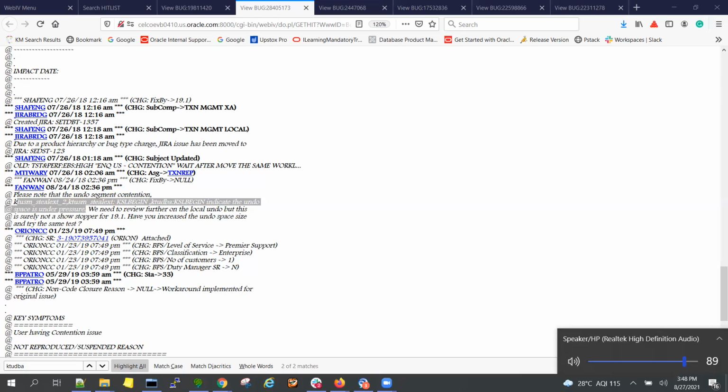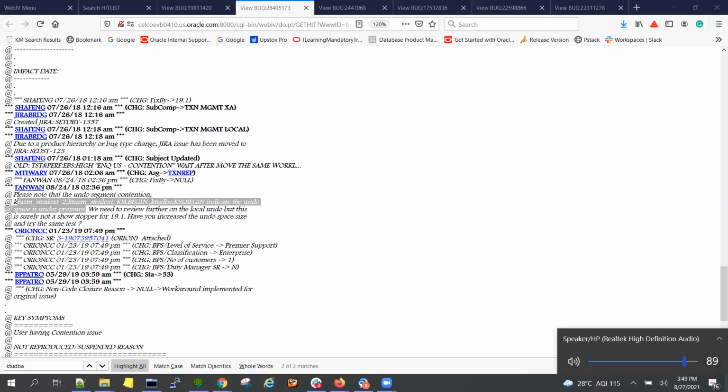Go through those bugs. Bug-level analysis is very much required. Go through the bug and see what development has said. Development will not detail a lot of points, but they update the bugs with very important points relevant for support to confirm that the customer is hitting this bug. So go through the points development discussed and see whether the symptoms and function calls they are pointing out match your analysis based on the hang analyze files, the DIAG files, the LMD or LCK process traces and AWR reports. Just see this.